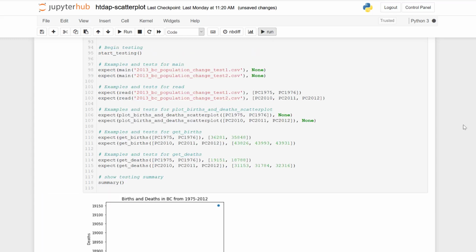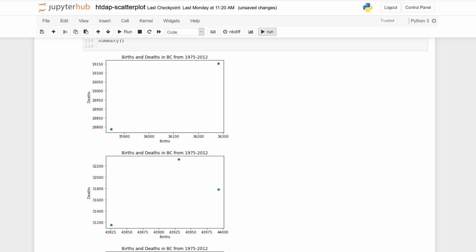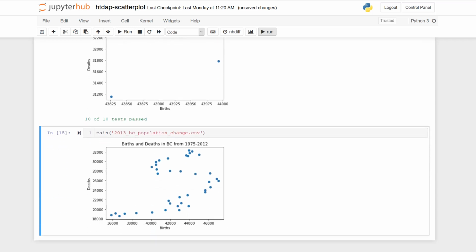Now if I run my program, I can see my examples and tests are generating scatter plots with a few data points. If I scroll down to where I'm calling main with my full set of information, I can see that it's showing me the full scatter plot. If you remember, I commented out the line about the axis.